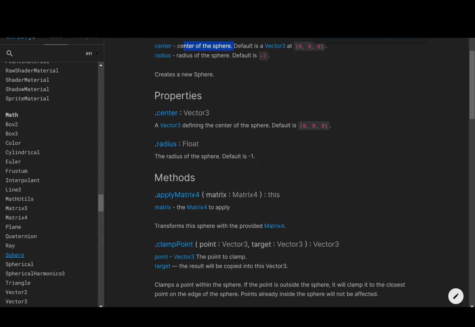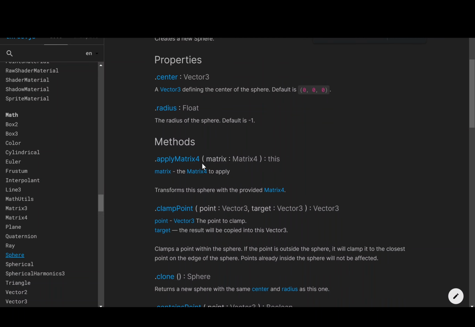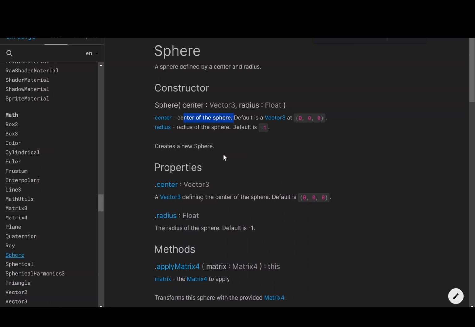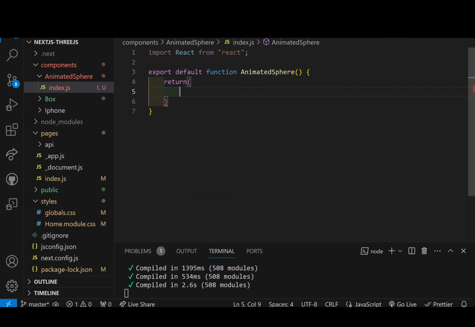The default is 0, 0, 0 with nothing pretty much. And if we scroll down, the main thing here is that we have a sphere and we could set up the size of the sphere. So in order to do this, let's go back to our code, and right over here we're going to set up the sphere